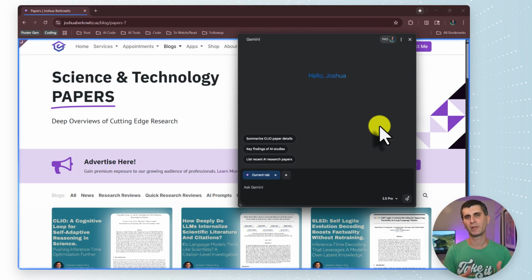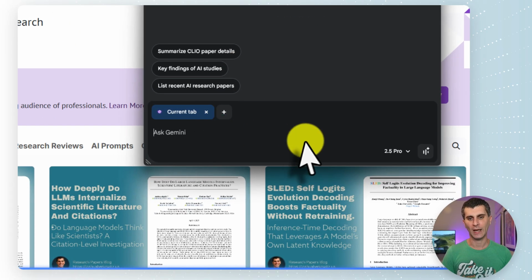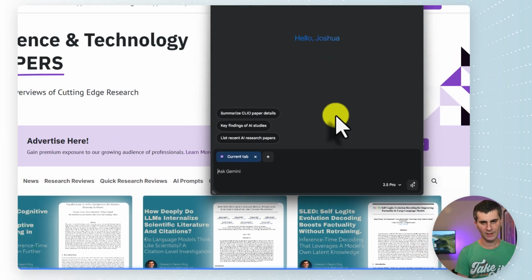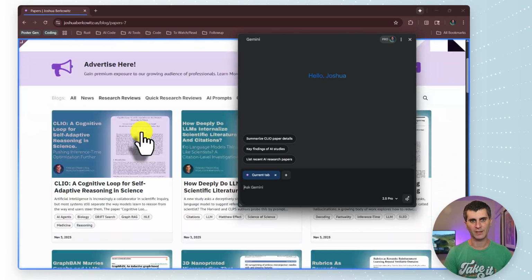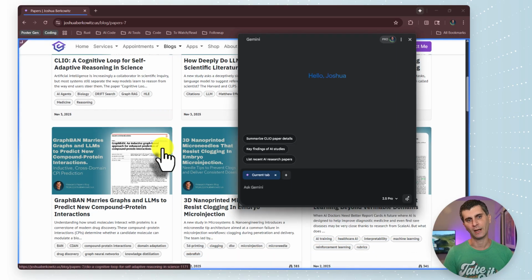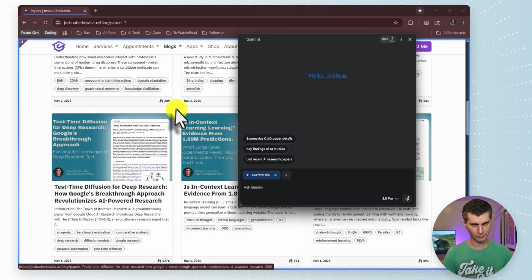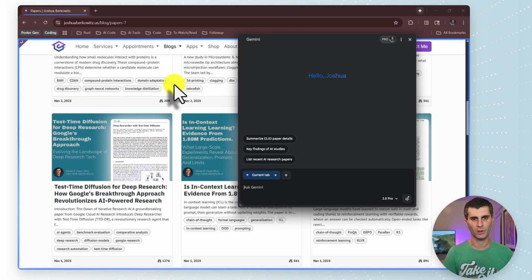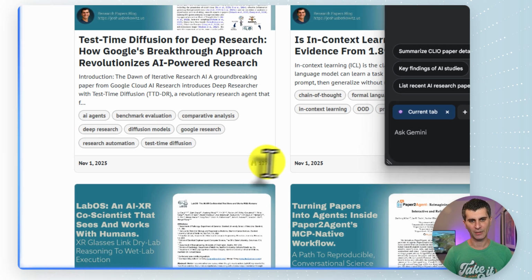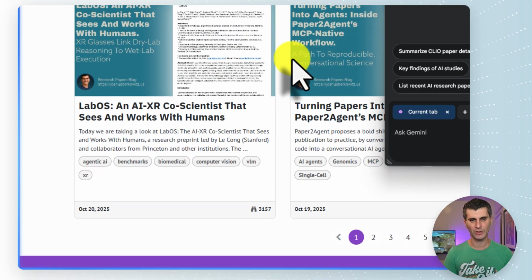Now, what does Gemini in Chrome actually do? Well, let's give it some tasks to look at in this article. Let's say I'm on my Science and Technology Papers blog, which outlines different cutting edge technology, preprint releases, and educational content from around the world. So you'll notice that I have a little viewership, how many views this article has had